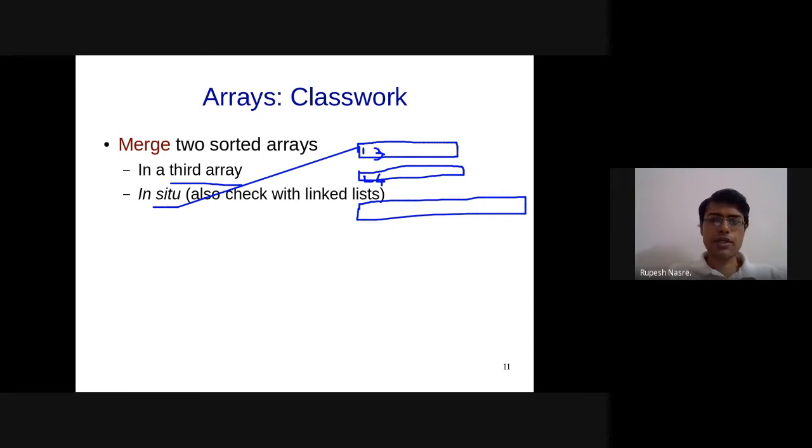So now let's move to the other part. It's almost time, but I would request you to think about the second one, that you are given this array, and both the arrays A and B, only two arrays are given, and both the arrays are of length m plus n. Think about it. Just that the first array is going to have m elements, the second array is going to have n elements. And now you want to fill, let's say, array A with all the m plus n elements from array A and array B. Right? So you have the memory available, just that you have to put the elements in proper order. Right? So please think about it, and we can have a discussion in the next class.